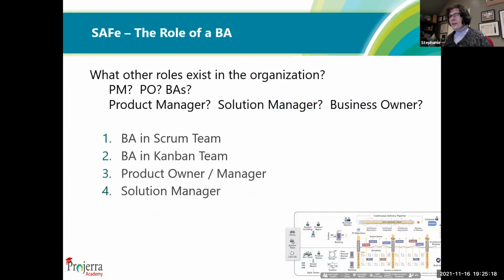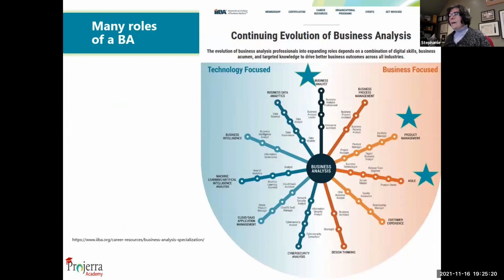Okay, so let's carry on here. I wanted to just quickly visit this chart that IIBA published a few months ago now. I love this because some people think that BAs only have one career track, and this shows that there are many different career tracks a BA can take. In today's discussion, we've spoken about this traditional business analysis track where you could be a business analysis professional, or become a business analysis team leader and maybe go into enterprise architecture.